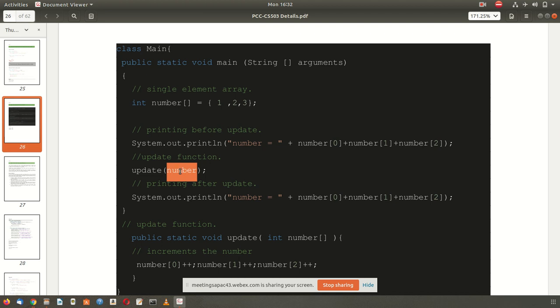Now, in Java, for pass by value and pass by reference, there is the new keyword.